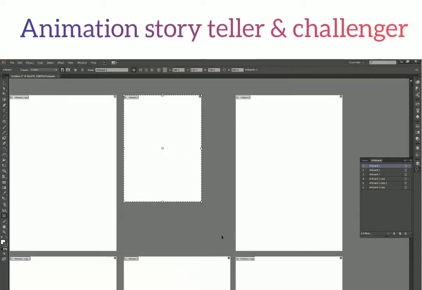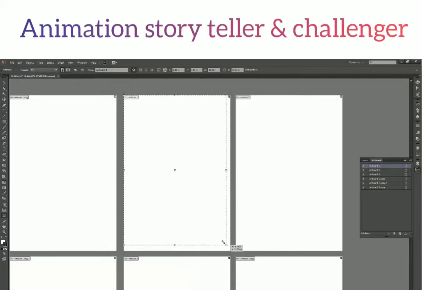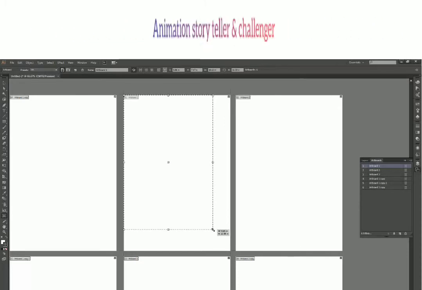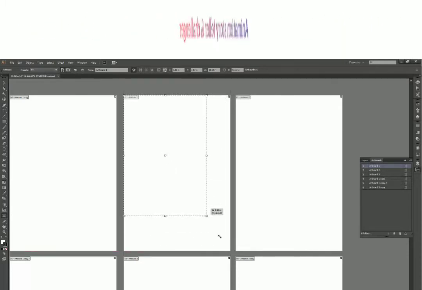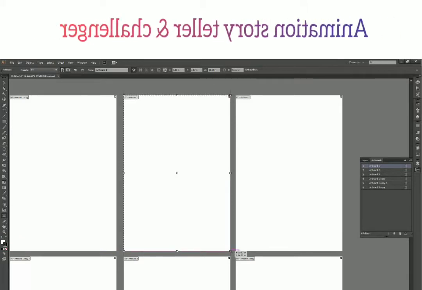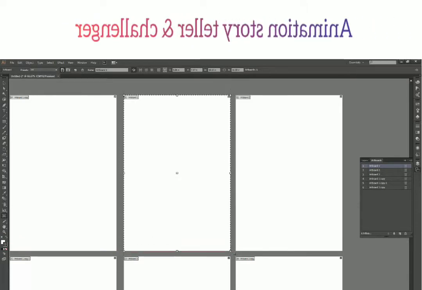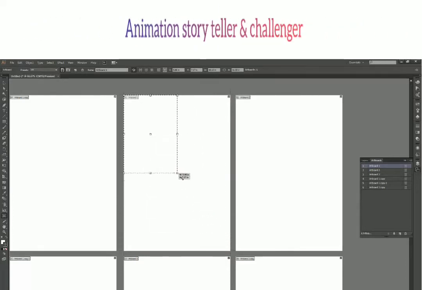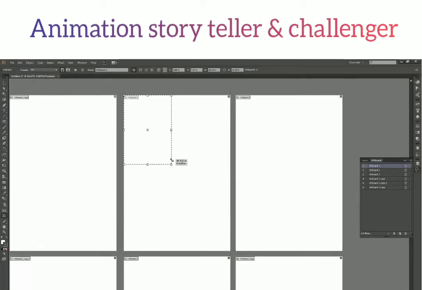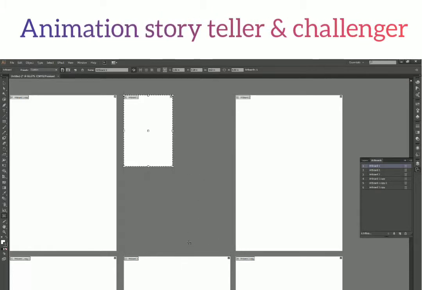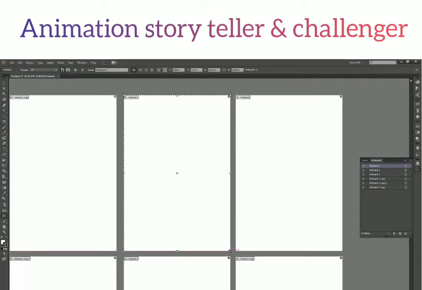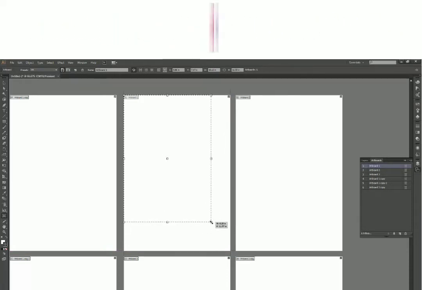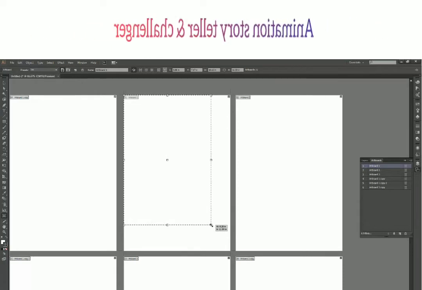Now you can say that I want to scale it in proportion. What if I want to scale it in proportion? For that you can hold the Shift key on your keyboard again. Drag your mouse first and then hold the Shift key to get this in proportion, and release your mouse first and then release the Shift key. Again, if you release the key before your mouse, then you may lose your proportionate shape.